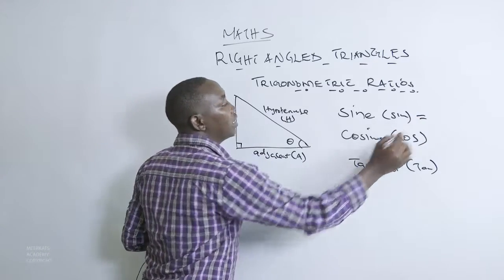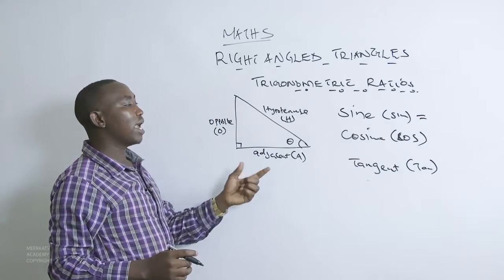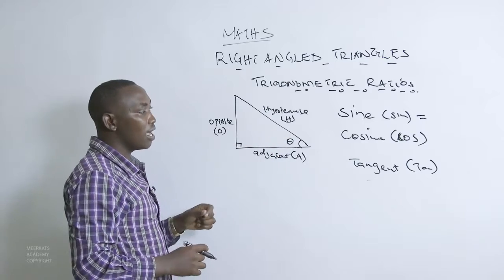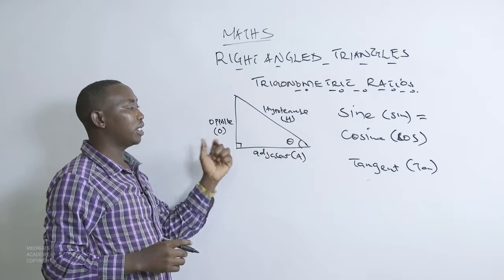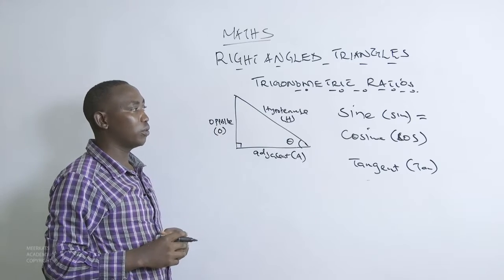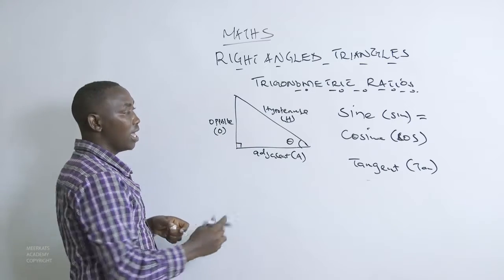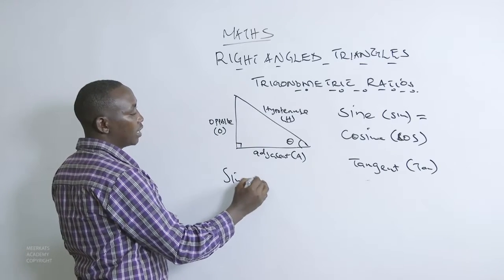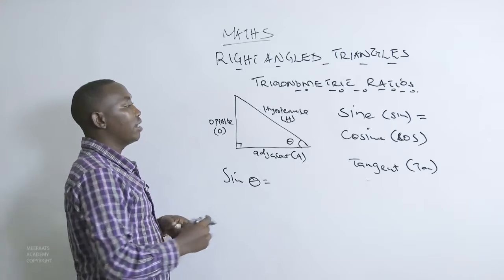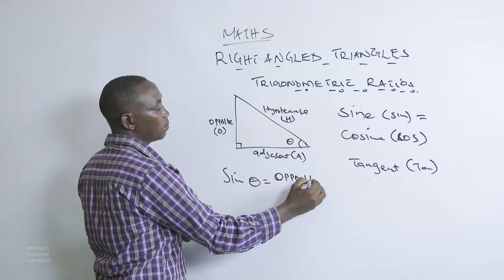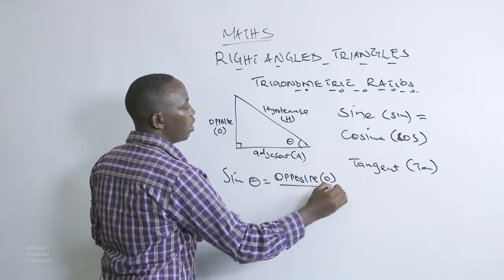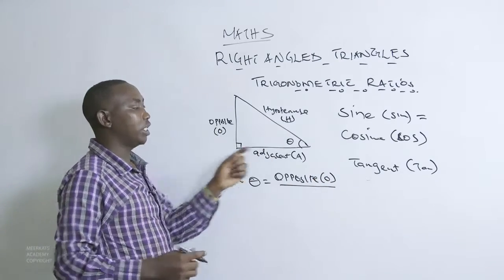Now in this particular case, if we want to get the sine of this angle theta, then we use those particular ratios, the opposite, adjacent, and also make use of the hypotenuse. In this case, if you want to get the sine of theta, then you'll have to take the opposite, that is O, you divide by the hypotenuse,